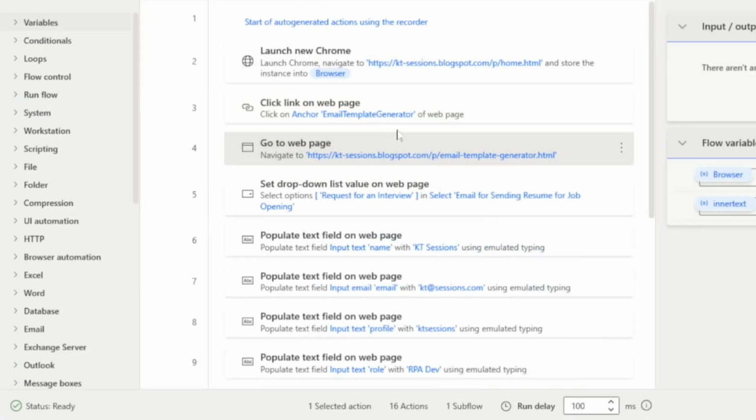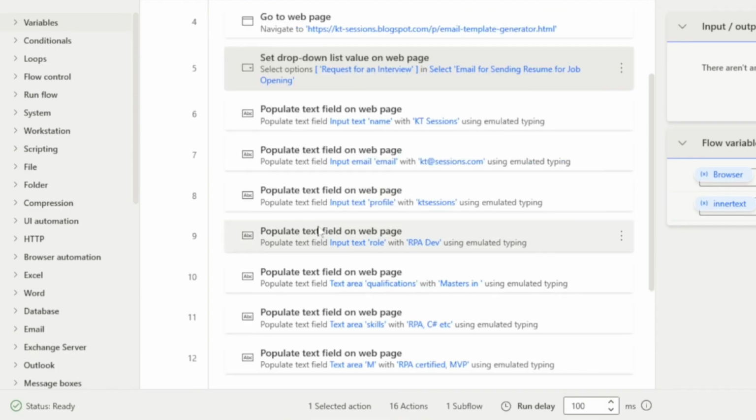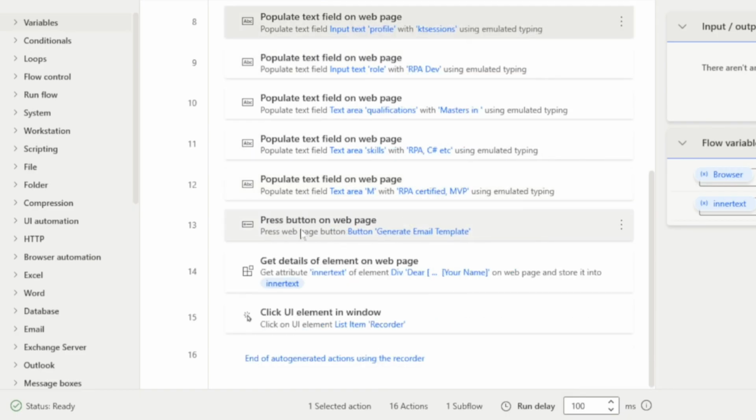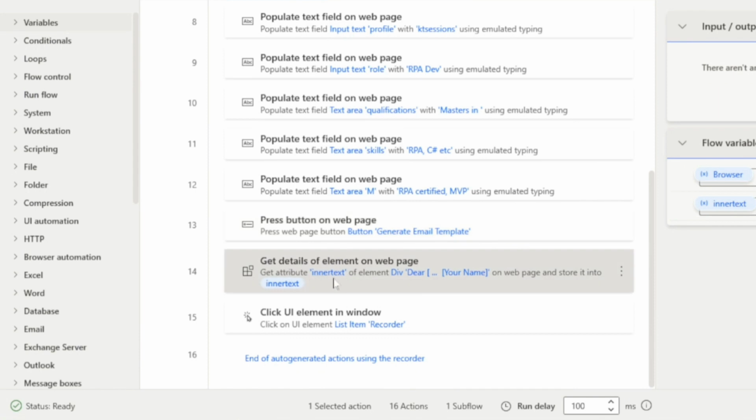navigate to this another web page which was email template generator, and it has selected the item from the drop down. Then it has populated the text fields on the web page. First it has input the name, then email, then this role. So all these steps it has captured, qualification, skills, and all. Okay, so after that it has clicked on this generate email template button, you can see, and at the end it has captured the inner text of this element,